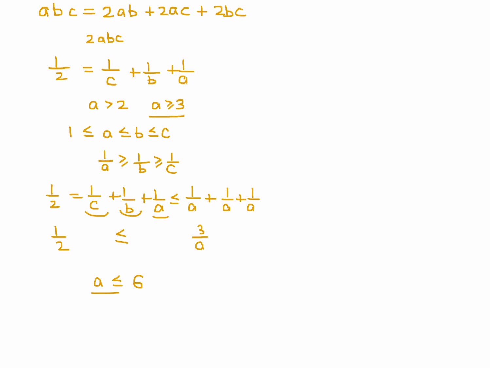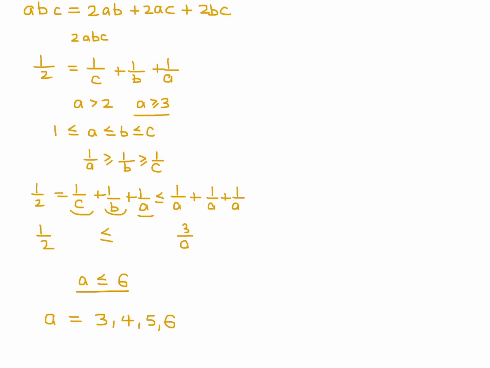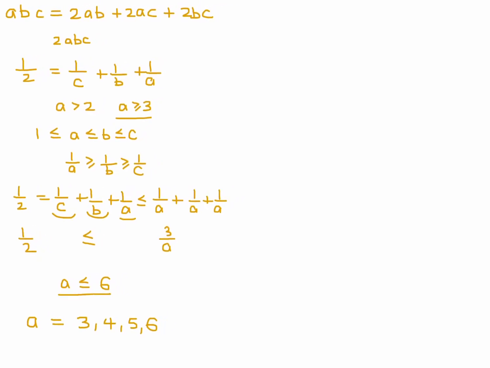So we have our parameters now. If we combine them, A has to be greater than or equal to 3 and less than or equal to 6. So A can only be 3, 4, 5, or 6. Those are my values for A. And now I have to figure out values for B and C to get the ordered triples. Okay, so here we go with B and C. If A is equal to 3,